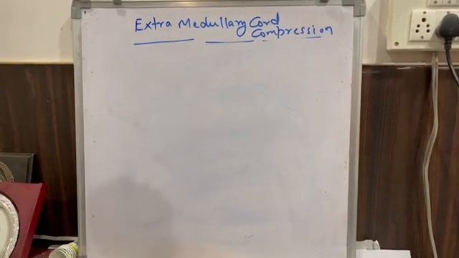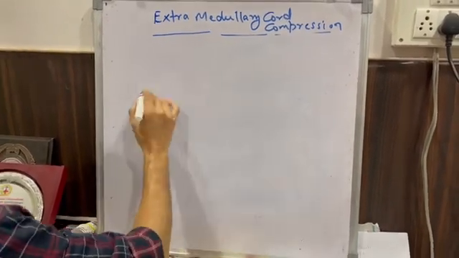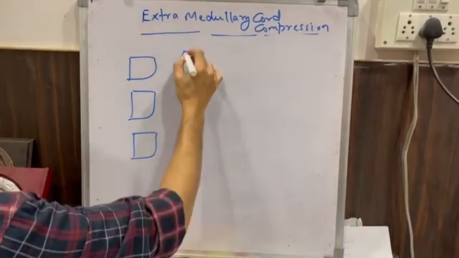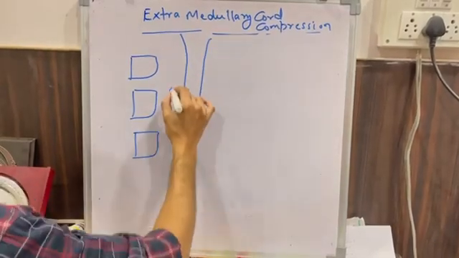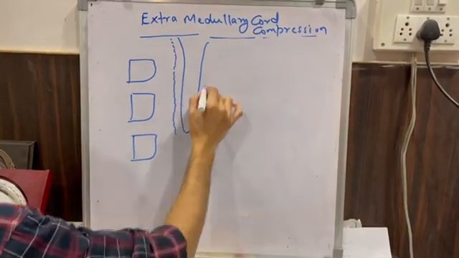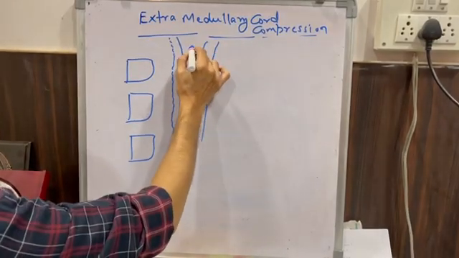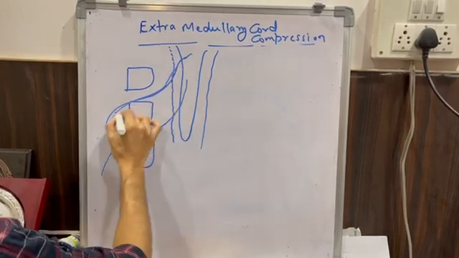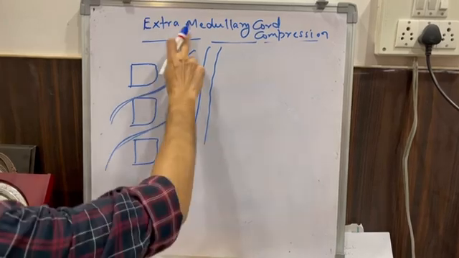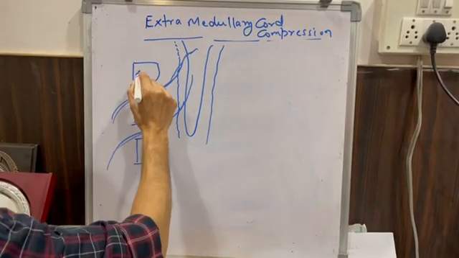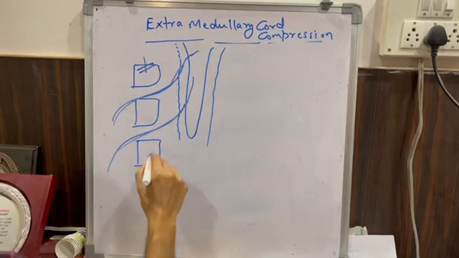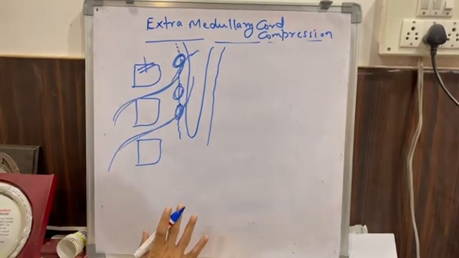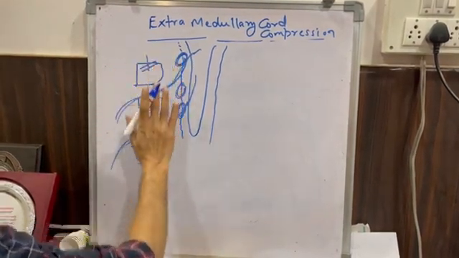To make things simpler, let us draw a diagram like this. So these are the vertebrae here. Say for example, this was the spinal cord, this was the covering of the spinal cord, the spinal dura. The spinal nerves are coming out from the spinal cord like this. This is the spinal roots. And we are talking of extramedullary cord compression. That means either our lesion is in the vertebra or in the dura, spinal dura. This is the basic diagram where we can understand where the lesion lies.